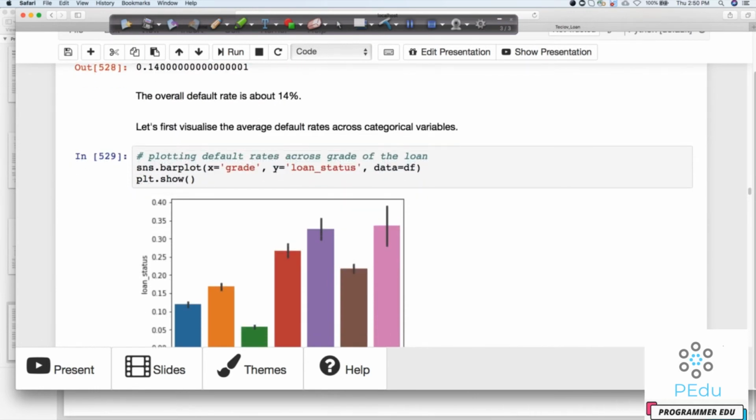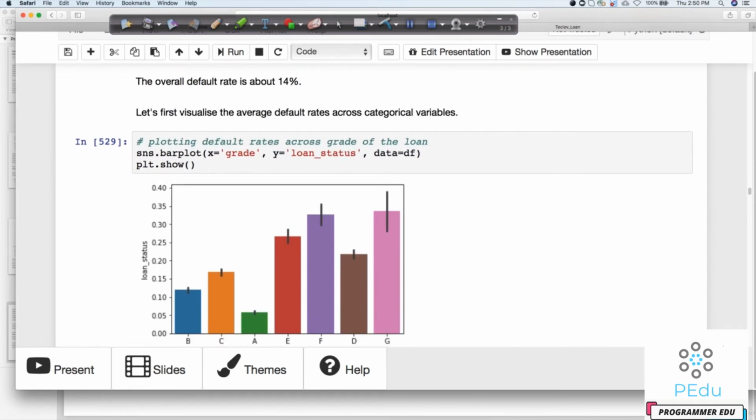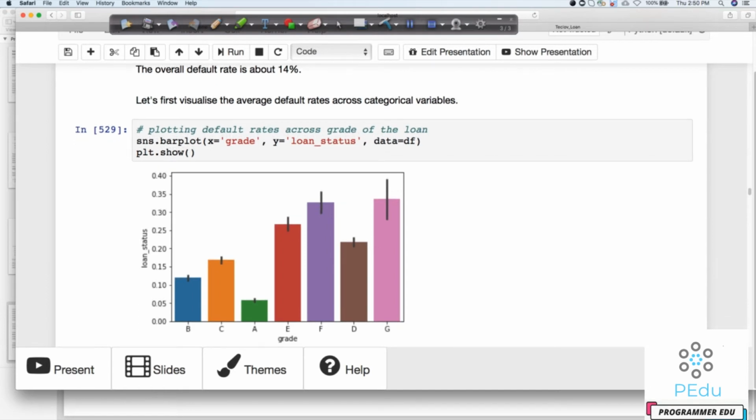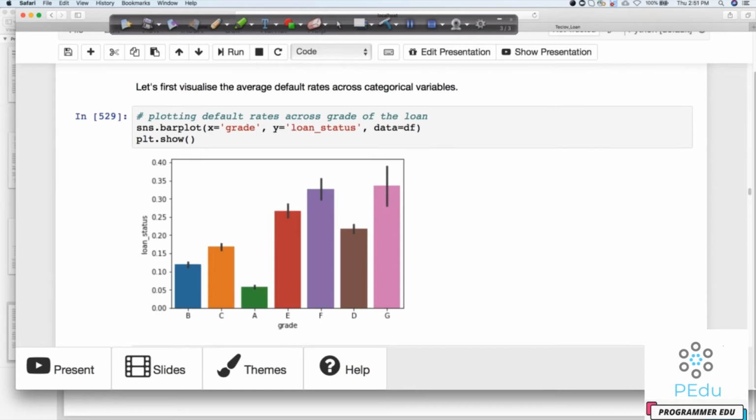So let's say I want to look at the grade column. If you recall, the grade column is coming from the lender part, right? The lender company, like the CIBIL score kind of thing. So if you are a grade A customer, it means you have in the past paid a lot of loans nicely. If you are in a higher grade like G, F, all those, they are basically the bad customers. So let's see how this comes up in a bar plot. The bar plot will have count on the y-axis and grade on the x-axis. So what we have done is take grade and the loan status, and we are going to plot these two with the data frame.